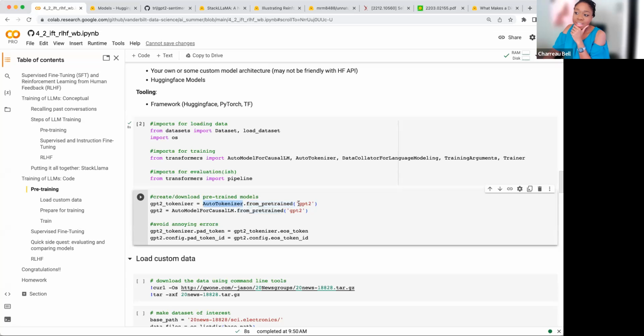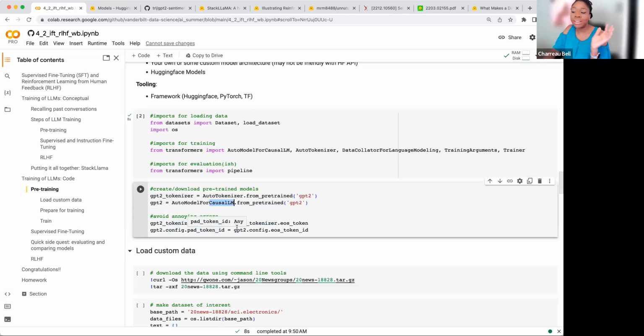So what we're doing is we're getting a tokenizer for GPT-2 here. And then we are getting GPT-2 with a causal language modeling head on it. Okay, so I think we've seen these errors before where it says the pad token ID has been set to blah, blah, blah. We'll talk about that a little bit more. But essentially, if we want to get rid of that error, we can just set the pad token to be equal to the EOS, end of sequence, token. This has substantial impact on how your model stops generating text. So at the end of this, we will talk about other ways to do this where you actually have a real EOS token.